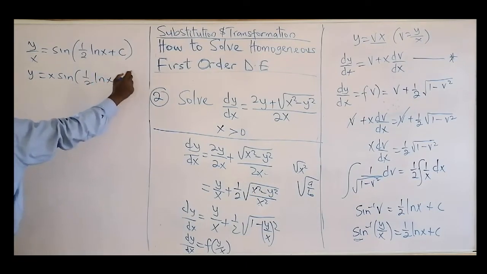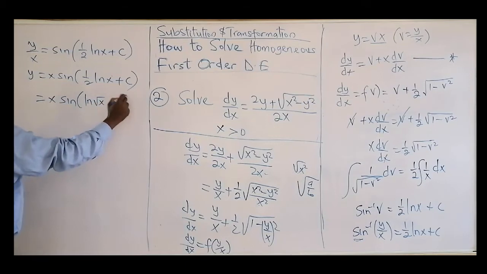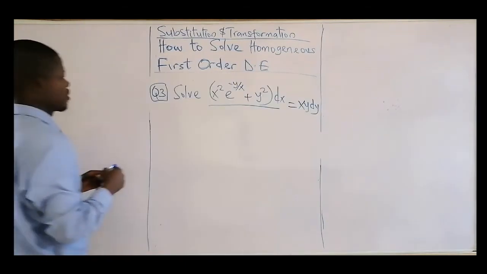So that's what we have now for the question. And if you want to go further, the answer could be of this form. This half can come here on top of this function, and that will be ln x plus c. Okay, so that's that on that question. So this is what we have.